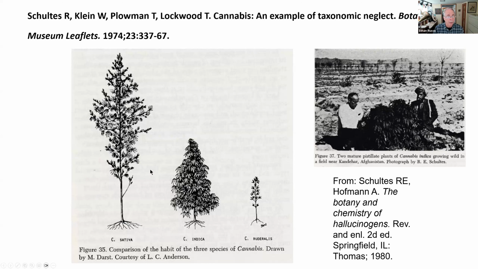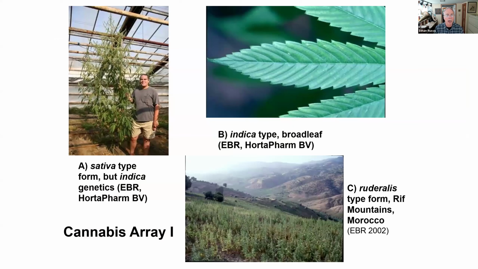Cannabis sativa, which would have been a tall, thin plant typical of what was found in Europe in prior times. Cannabis indica, he called, but this was a 1 meter plant. It's found in Afghanistan. And we'll see pictures that this looks very different from what Lamarck described. And also Cannabis ruderalis, less than 1 meter, without branching. Ruderalis means roads, so this would be found along roadsides, say in Russia, growing wild.